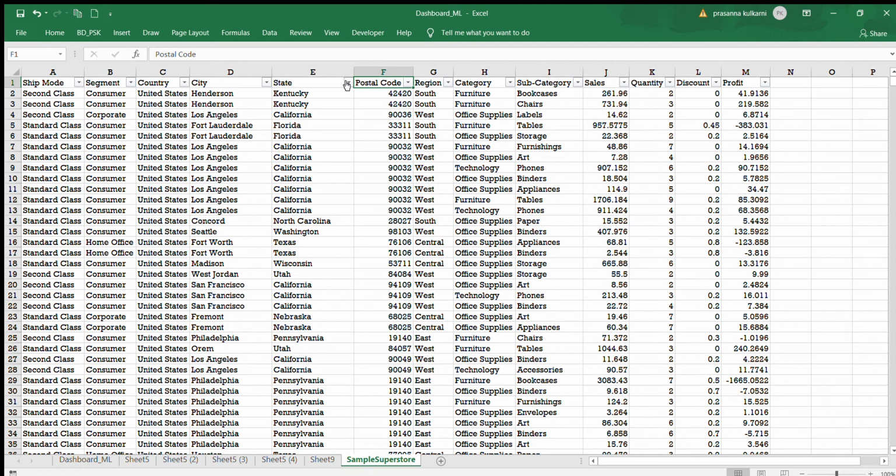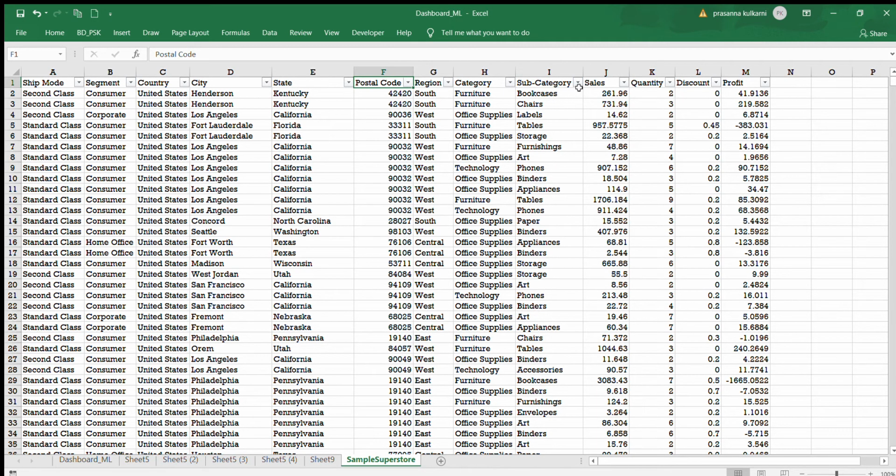and the states in which these cities are located. We have taken around 49 states: Delaware, District of Columbia, Florida, Georgia, Illinois, Indiana, etc. And the postal codes of the cities, and the main regions: central, east, south, and west, which is the main variable here. And the category, the products, the offerings which this superstore was providing to these segments, that is consumer, corporate, as well as home offices. The category was furniture, office supplies, and technology.